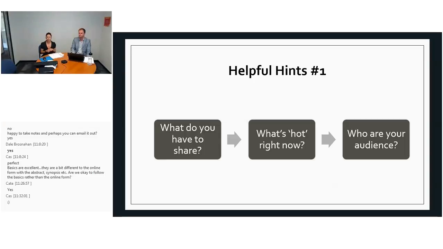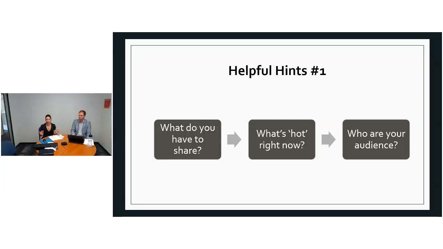And it is important to think about too that it doesn't necessarily mean that you have run this amazing program. It could be that you just want to get people together in a room and chat about it. So the topic could be, what services do we need to provide for international students? Where does that line fit between what the International Office of a University provides and what a residential provider covers? And that could be the topic for a roundtable, and you get everybody in the room that's interested in that topic and they chat about it. So don't think that there needs to be some kind of amazing achievement that you're bringing to the space either.